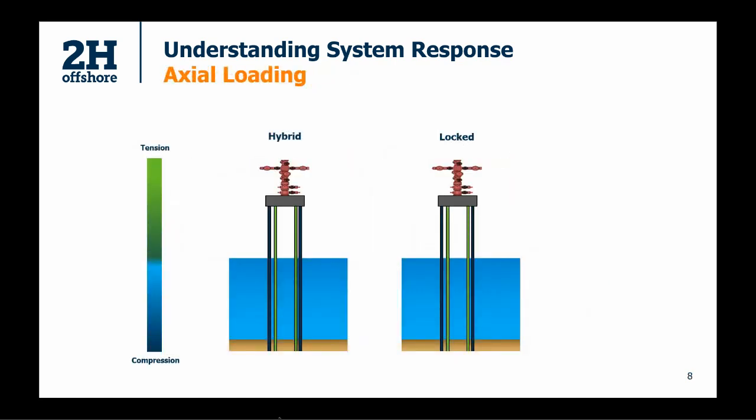So the reason it's so important is because it's the wellhead support system that mainly factors what the axial loads are that you see in the system. So both these diagrams represent the system just after drilling. So you've drilled the conductor, the casings. Your conductor is sitting in quite a high level of compression because it's supporting the casing strings that are being hung off inside the wellhead, and it's also supporting the surface equipment above. The casing strings, those are hanging under their own self-weight, so what they're seeing is actually a reasonable level of tension in those strings. And for a hybrid system and a lock system, at the end of drilling, they look pretty similar.